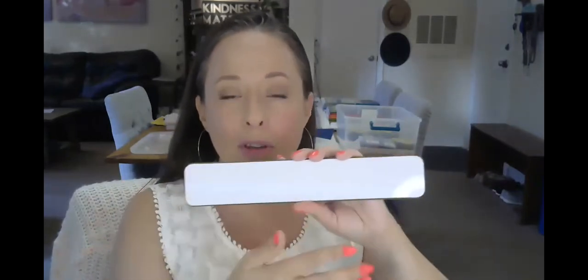But I also like for this one that you could use it again for sounding out words, for spelling, keeping track of something. You could use it, I'm sure, in math, right? You can make yourself a little number line really quickly. So your student can make a number line that they're using for their math problems. But another thing I thought that you could use with these,